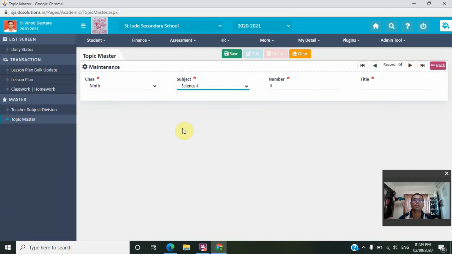Like this you can enter the topic in any class and the sequence will be maintained. If you are adding in sequence, you will see the sequence. But if you are adding month wise, that is June, July, August, you can write beside it June, July, so that teachers can see that this topic should be completed in the month of June. I hope the topic addition is clear to you. Thank you.